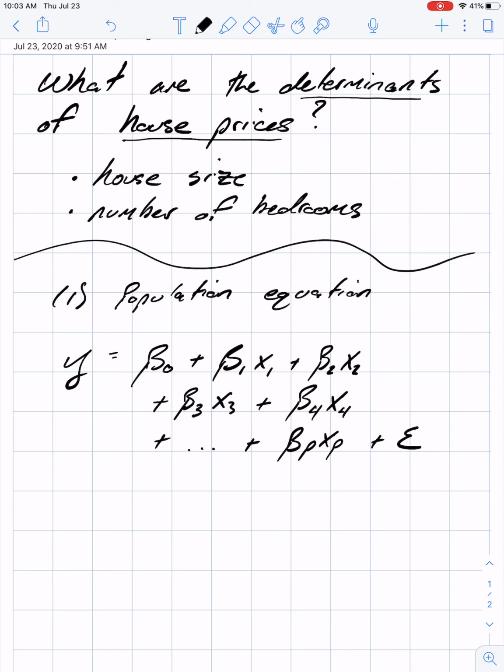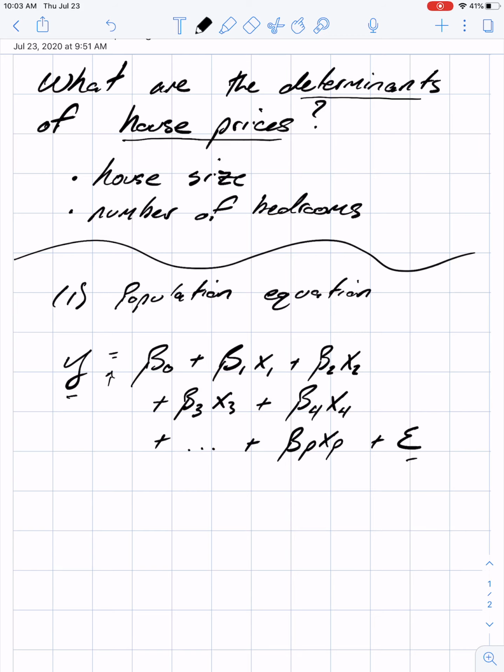And then we still have our error term, epsilon. Because even after we're adding more independent variables, we still don't expect it to be a perfect relationship. We don't expect to be able to perfectly guess y with our equation. So to make sure this equality holds, we have to add an error term even in the population equation. So that's a general population multiple linear regression equation for any linear regression with up to